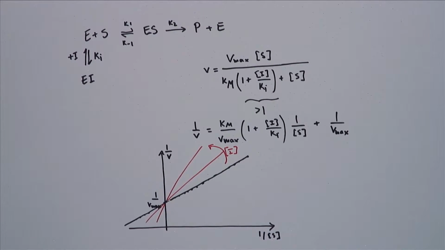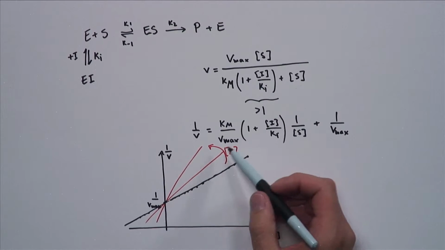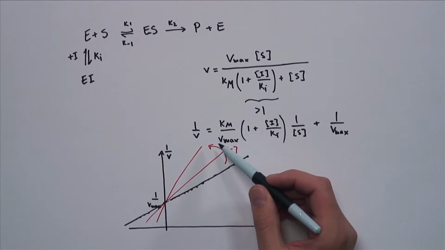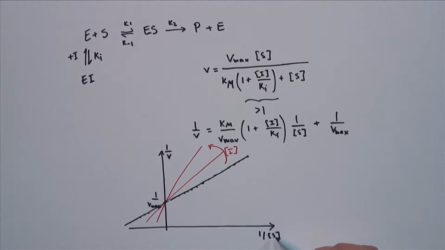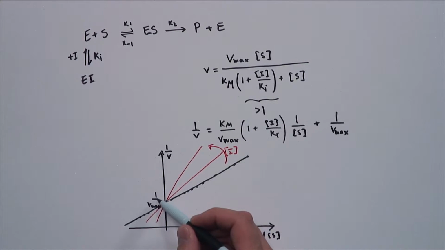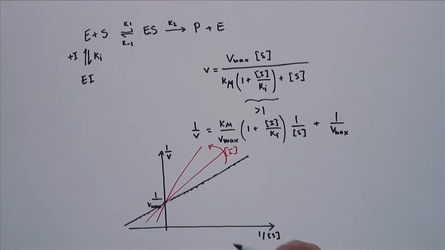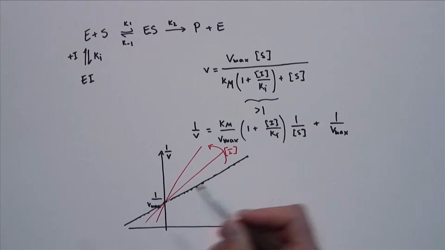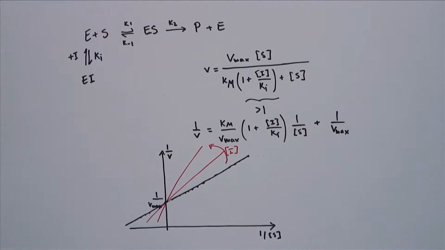Notice, however, that all these lines, even though they correspond to slower rates, as the concentration of substrate increases, that is, 1 over S gets closer to 0, will all converge to the same Vmax. This is the key feature of a competitive inhibition, because the substrate in high quantities can outcompete the inhibitor. Nevertheless, this mechanism only applies when the binding of the inhibitor to the enzyme is fast and reversible.